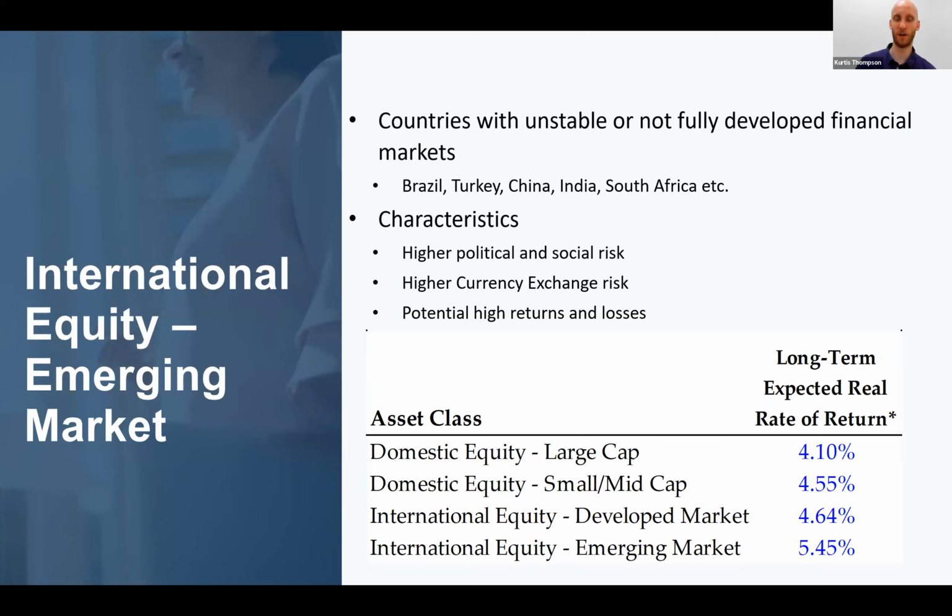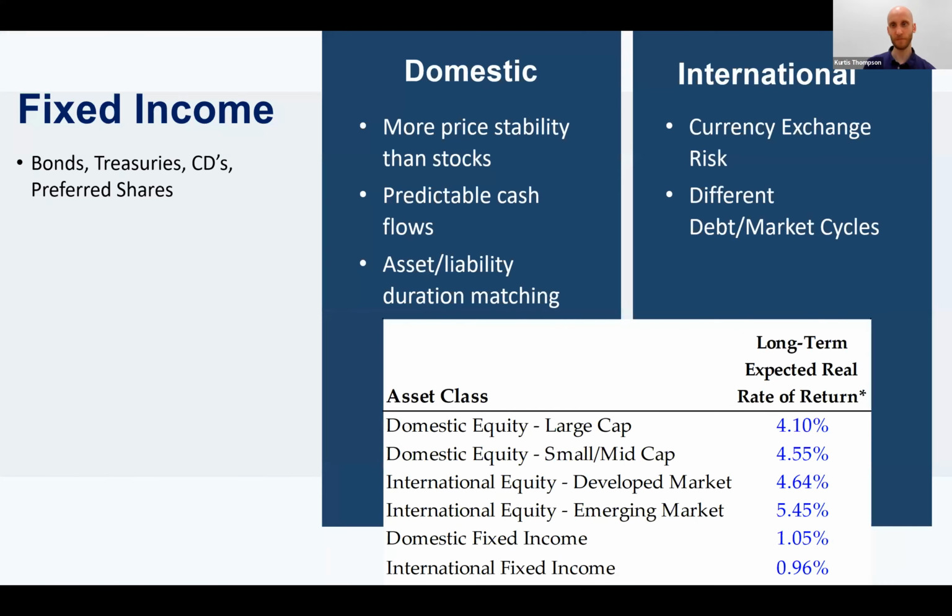Now, as we move into our fixed income category, fixed income is less correlated to all four of those previous categories we've looked at. So it's less correlated to our stock return. And so we're hoping that by investing in fixed income, we offset some of the risk by having a little bit more stability in the portfolio. You see on the left here, we have domestic fixed income. And what we see just as a characteristic in general of fixed income is there's more price stability than stocks,